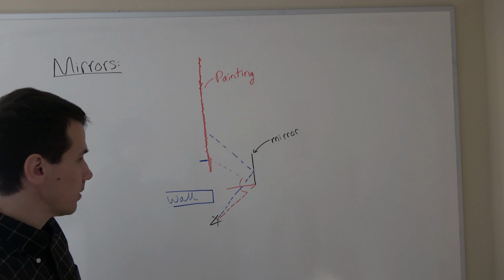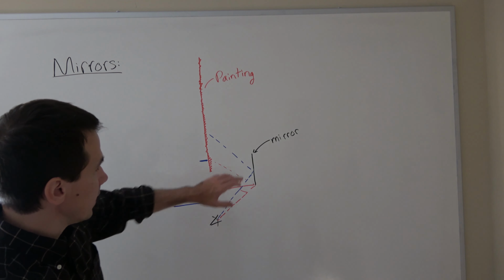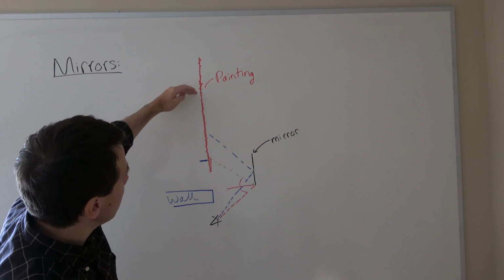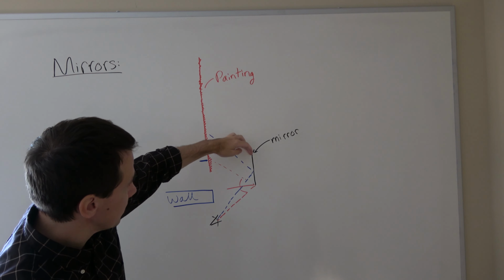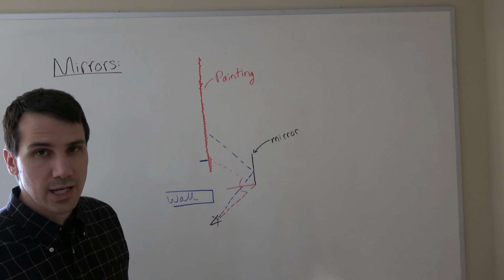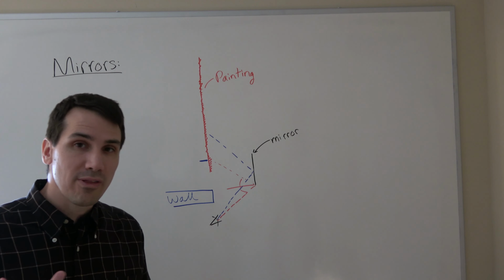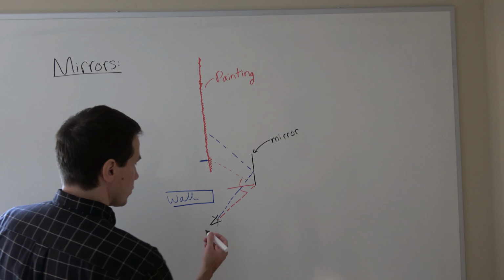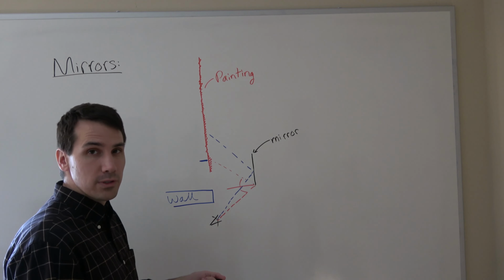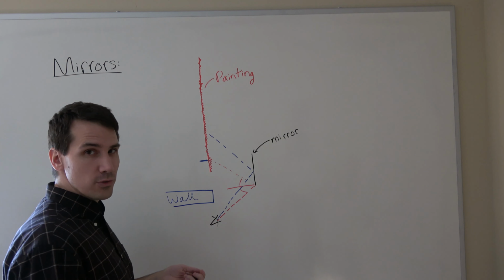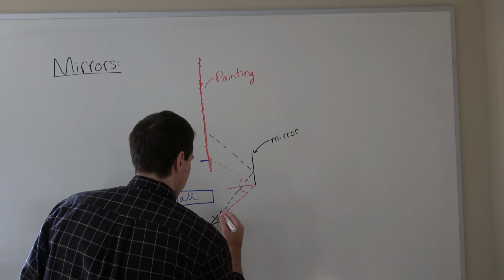Okay. And now let's do our highest point on the mirror that we could hit. So if light comes from the painting, hits the highest point on the mirror, and then enters our eye, let's see where that light comes from. All right, so we're going to do the same thing. We're doing this backwards just because it's a little easier to do geometrically. To start with our eye,